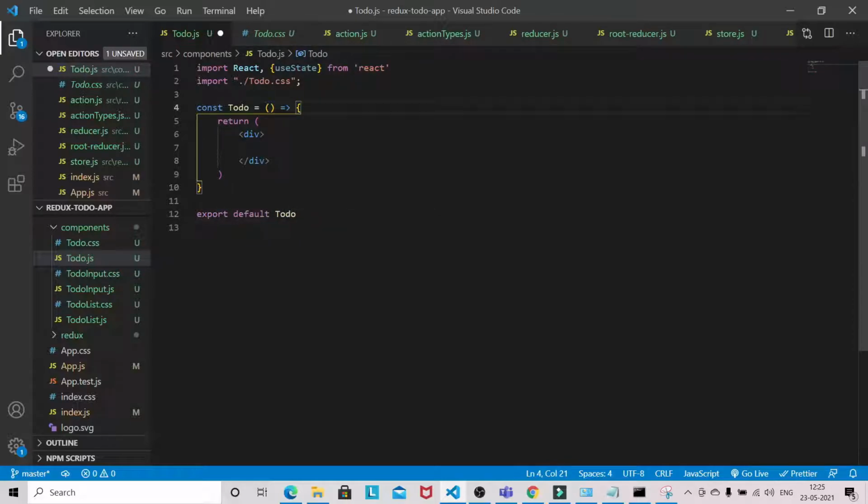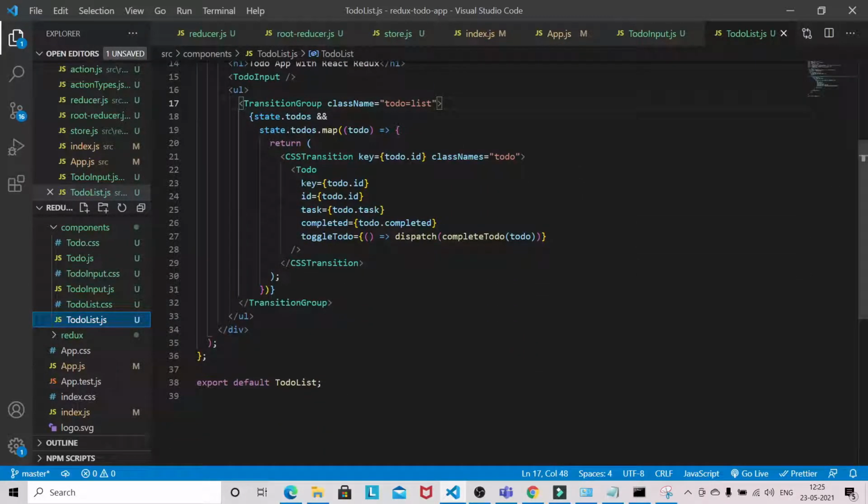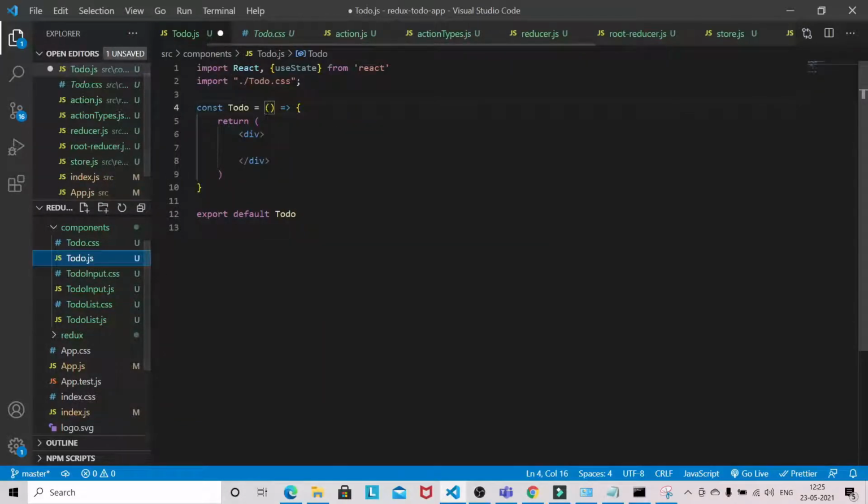Okay, now this todo is receiving a couple of props from the todo list item. Okay, from here we are receiving this many props. So we are going to destructure at the top. First toggleTodo, we are getting task, completed, then id.